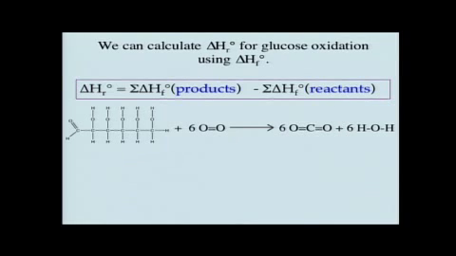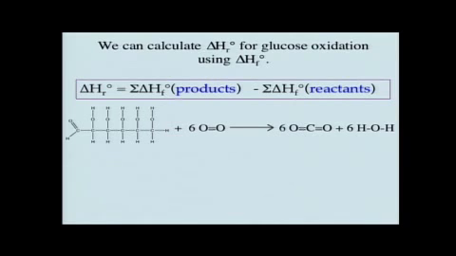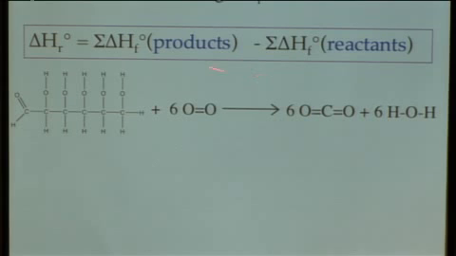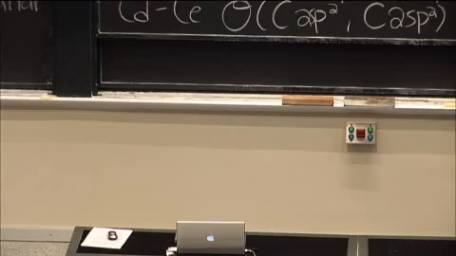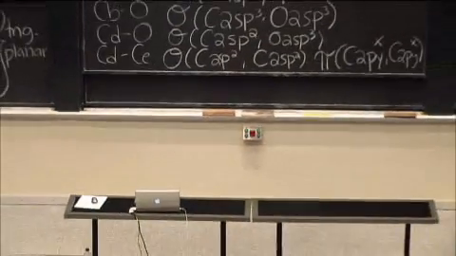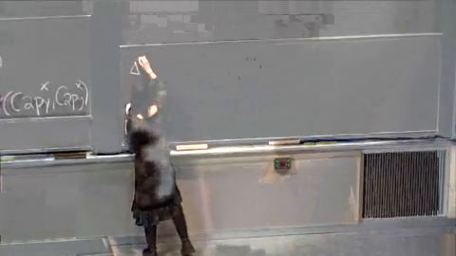Let's see if we can do any better at coming close to the reality for the oxidation of glucose. So if we're going to calculate the delta H for the reaction for the oxidation of glucose, or actually for any reaction at all, what we want to do is take the delta H of formation of the products and subtract from that the delta H of formation of the reactants. So let's go ahead and do that. And in terms of talking about the oxidation of glucose, if we talk about delta H of this reaction,